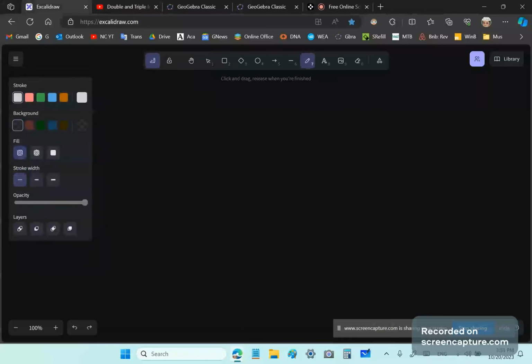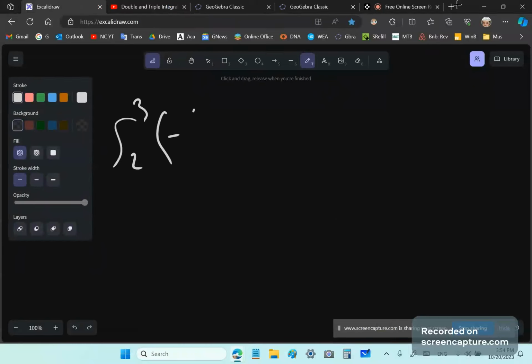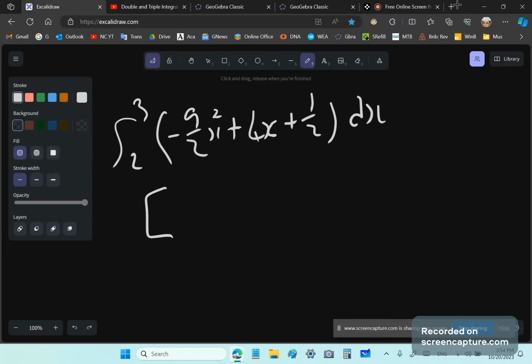Okay. So now I think what we had, if I remember correctly, was the integral from 2 to 3 of minus 9 halves x squared plus, I think it was 4x plus a half, right? Yeah, I think that's what it was. So if we integrate this, and again, you have to use the mean value theorem here, okay? So always, the reason you can use calculus is because of the mean value theorem. So that's 3 halves if you integrate it, x cubed, right? Plus 2x squared, plus x over 2, and you have to evaluate that from 2